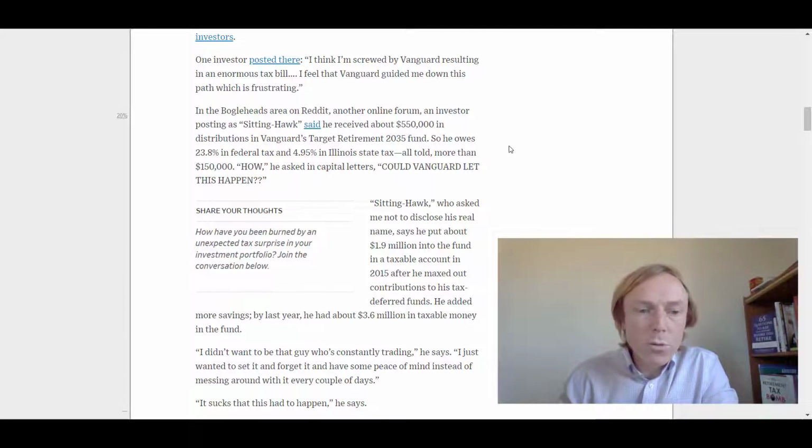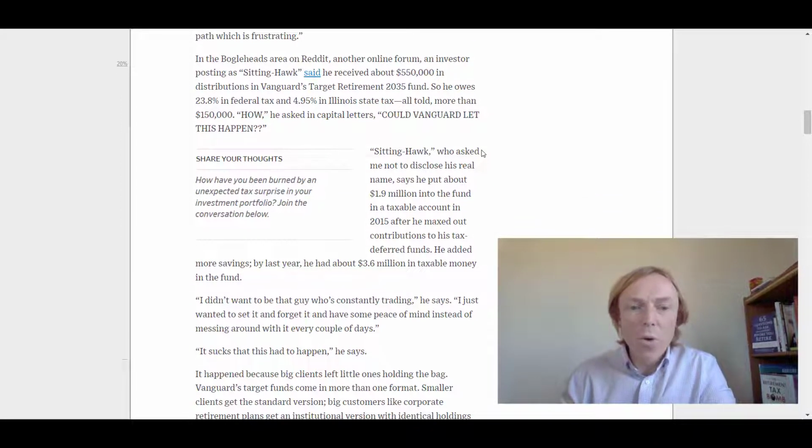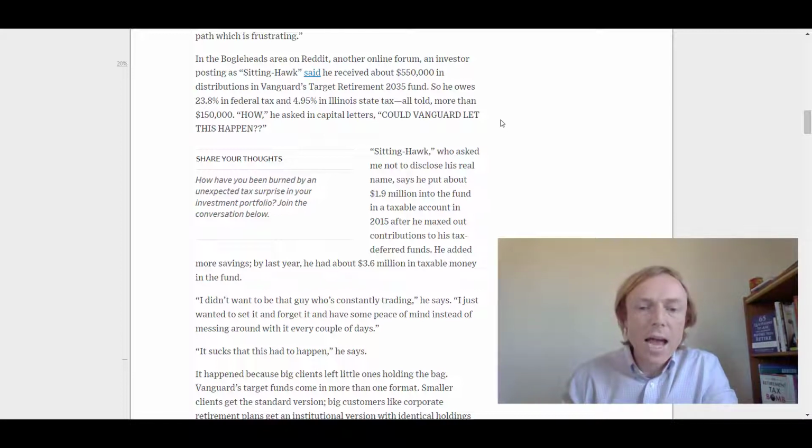So he owes 23.8% in federal taxes and 4.9% in Illinois state tax. All told, more than $150,000. How, he asked in all caps, could Vanguard let this happen? Sitting Hawk, who asked me not to disclose his real name, says he put around $1.9 million into the fund